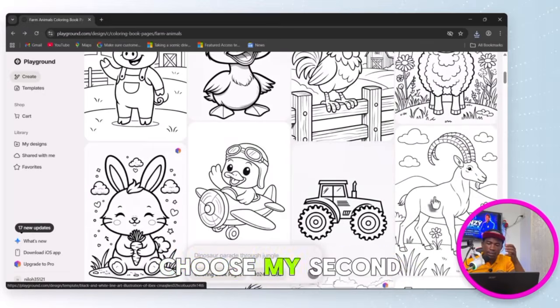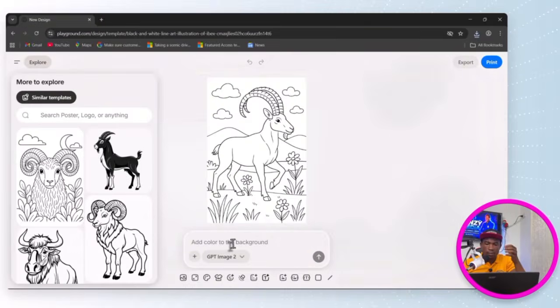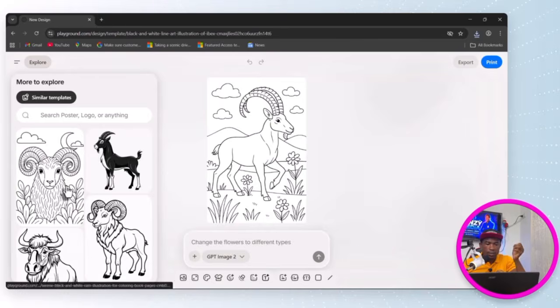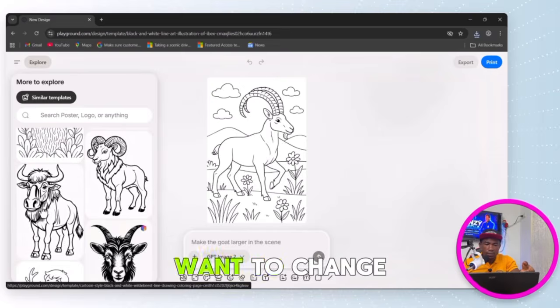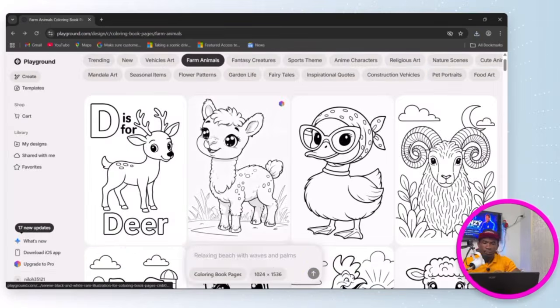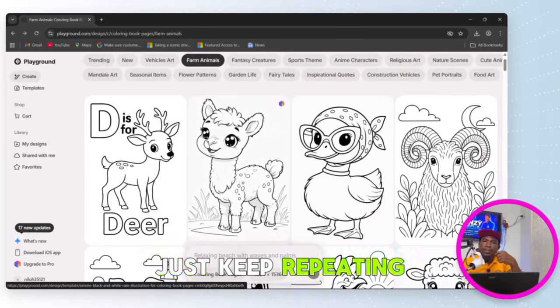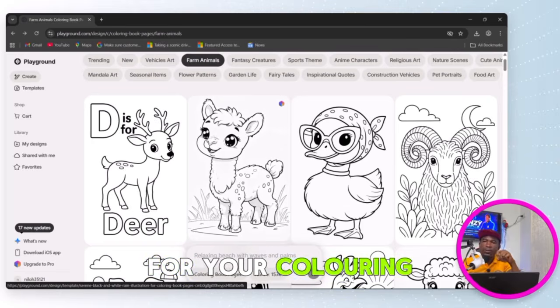So let me choose my second image. You can have similar templates here. So if you want to change to a different template, you can just click. Just keep repeating the procedure until you get the number of images you want for your coloring book. We go to the